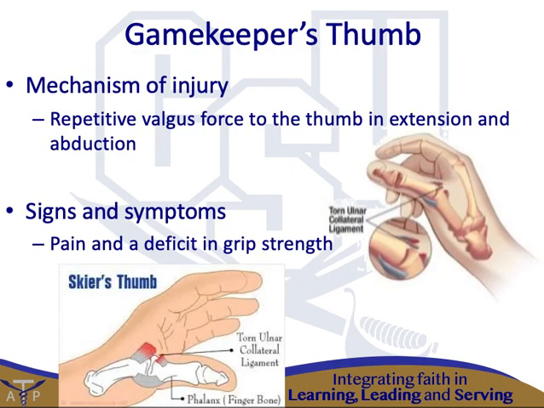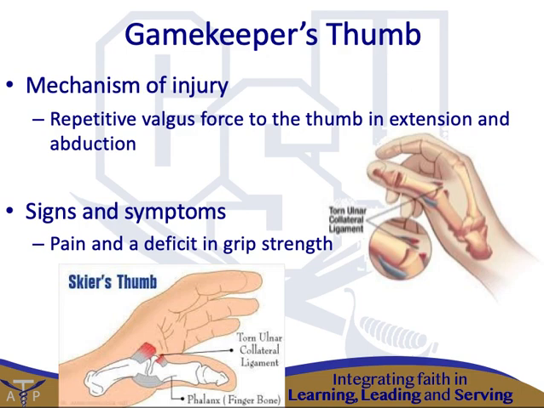Next, we have gamekeeper's thumb. When we look at gamekeeper's thumb, another repetitive type of chronic injury. This is a sprain and a result of chronic ulnar collateral ligament laxity of the thumb's metacarpophalangeal joint. There is an acute variation of this, and it's called skier's thumb. But when we look at gamekeeper's thumb, the biggest mechanism is repetitive valgus force to the thumb